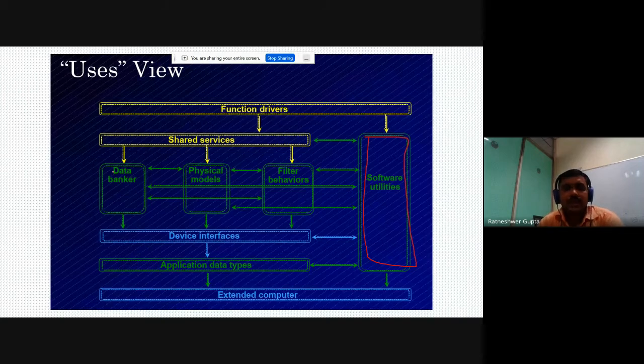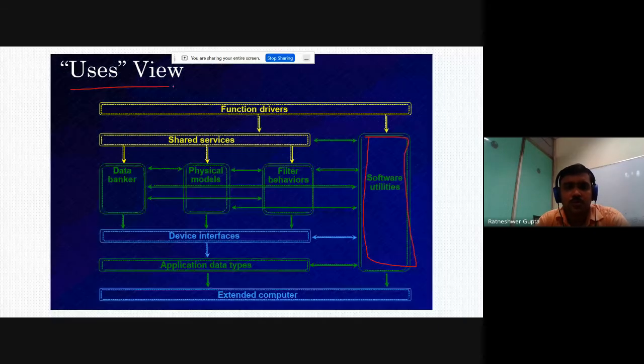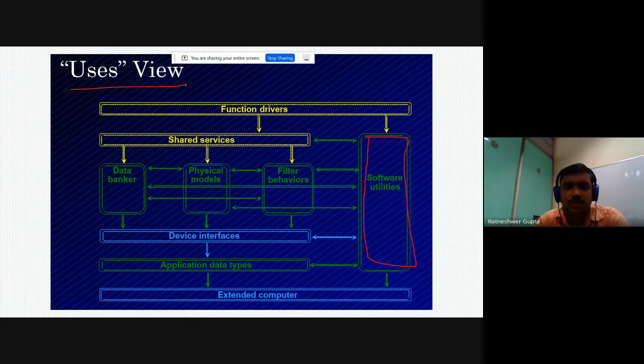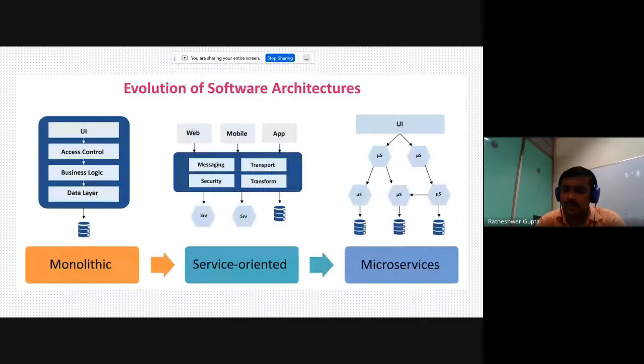If we go for the library management system, we can say what the main tables we require are, what the main users are, what infrastructure we require, and what network services are required. So this is known as the usage view, that is, how to use a particular system. I have just given the example of two views, but there are many more views possible, and every person can check the architecture in their own way.